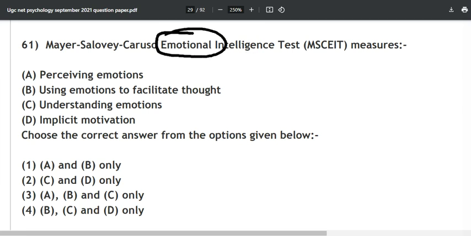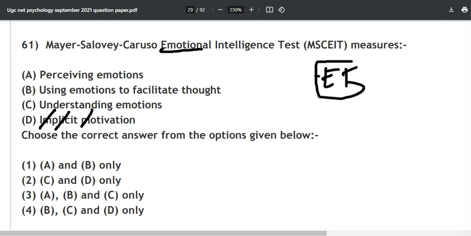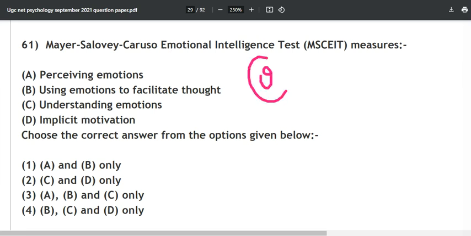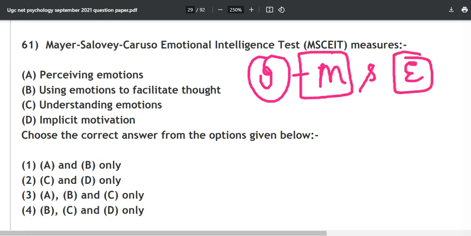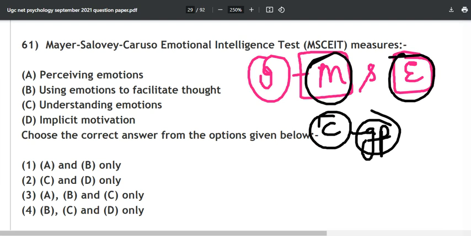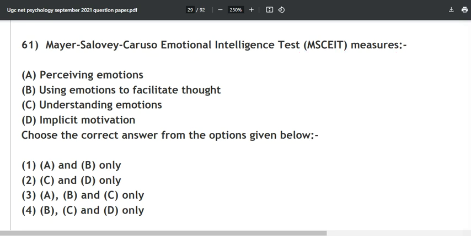If we are going to talk about emotion, what is the place of motivation, implicit or explicit, whatever it can be? Why would this emotional intelligence test talk about motivation? Even the ninth chapter name of NCERT is motivation and emotion, which means these two are separate entities. Even in any general psychology book, you will never find these things together. Tell me one single book where motivation and emotion are mentioned together. While you are so emotional you may be so motivated, that is one case. But logically, motivation and emotion are separate entities. Just based on this knowledge you can answer.